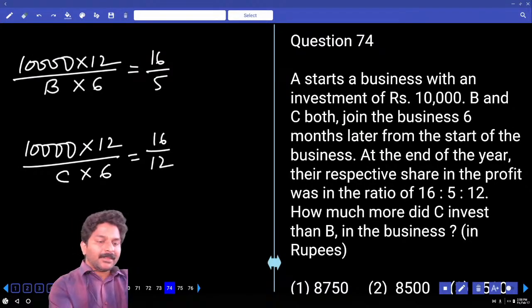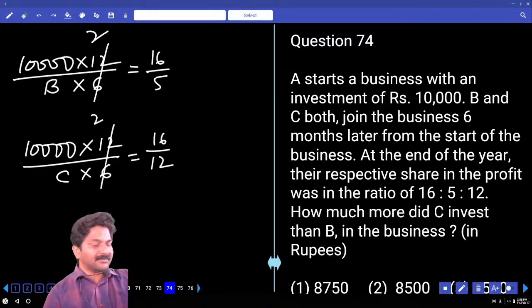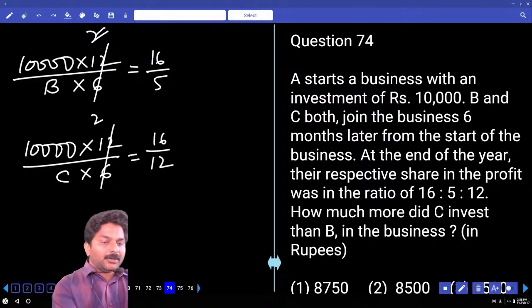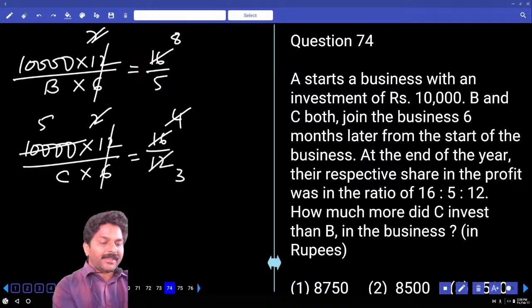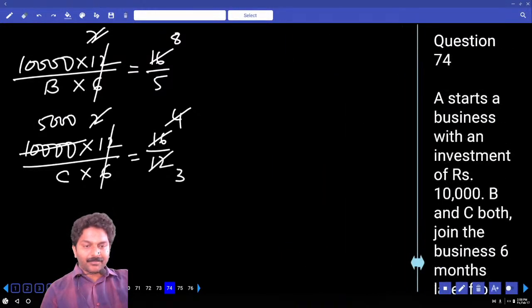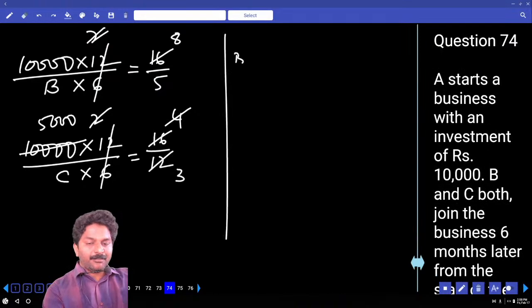Correct? This is 2 times. First, let me clear this. 2 8 times. 4 4 times. 4 3 times. 2 2 times. To 5,000 times. From this, B is equal to